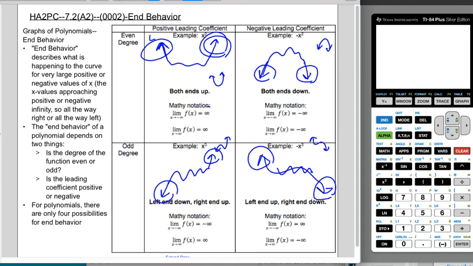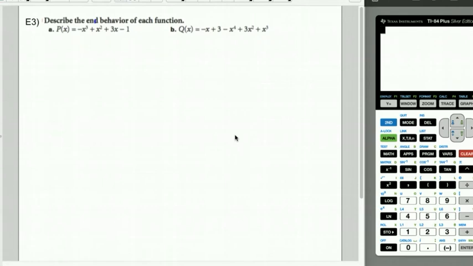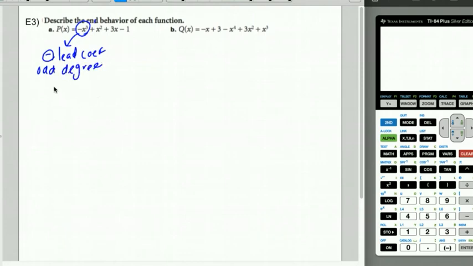So let's go ahead and do a couple of end behavior problems. Remember that when we're describing end behavior, all we really need is the degree of the function and the sign of the leading coefficient. So in 3A, x cubed is the largest degree. So I'm looking at a negative leading coefficient and an odd degree. So I'm looking at a function that looks like this. It could do all sorts of crazy stuff in the middle, but I don't care. I only care about the two ends, right? So the left end is up. The right end